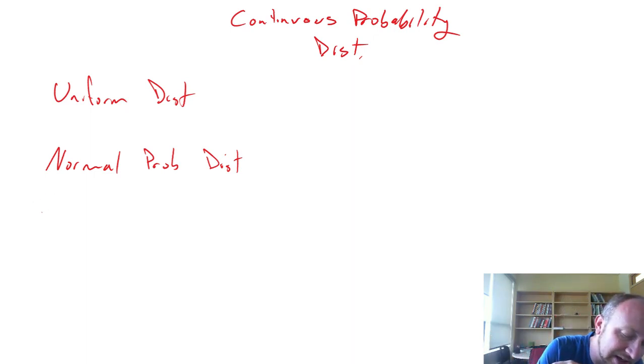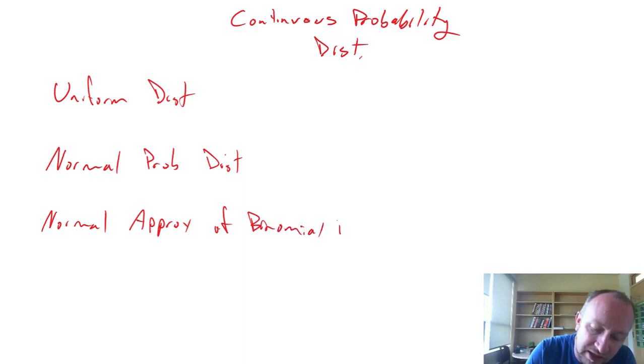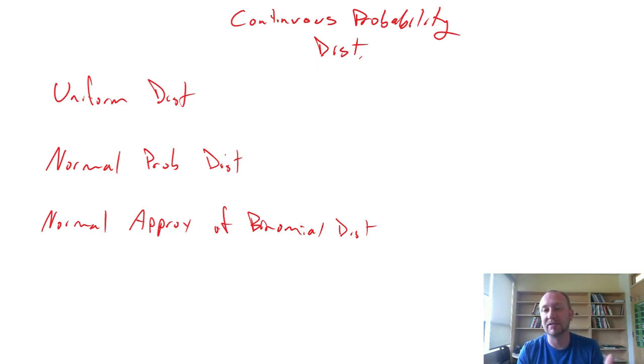We'll look at an application of the normal. This will be normal approximation of binomials. Remember, we talked about binomial distributions in Chapter 5. Well, here we'll see how we can approximate binomial probabilities using the normal distribution. And we'll also look at exponential